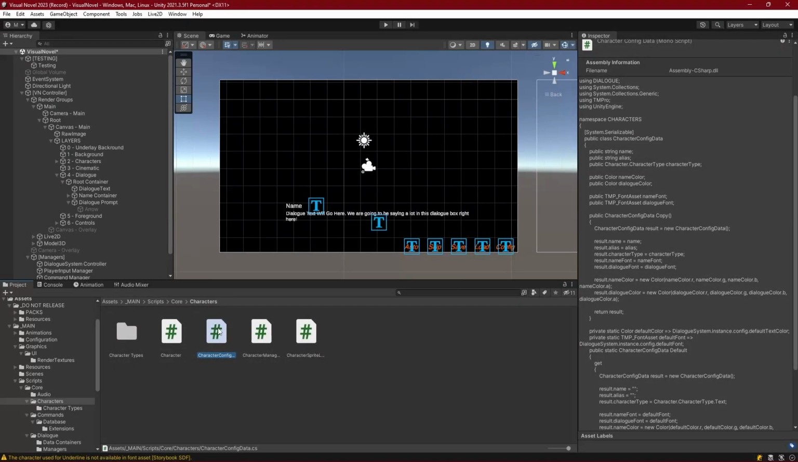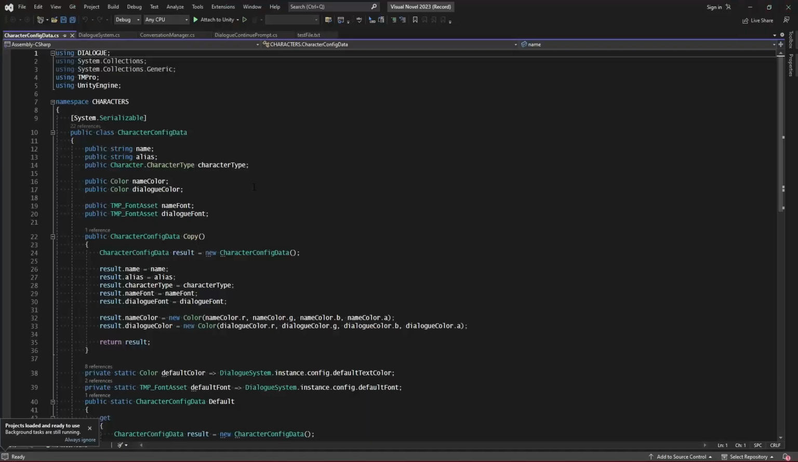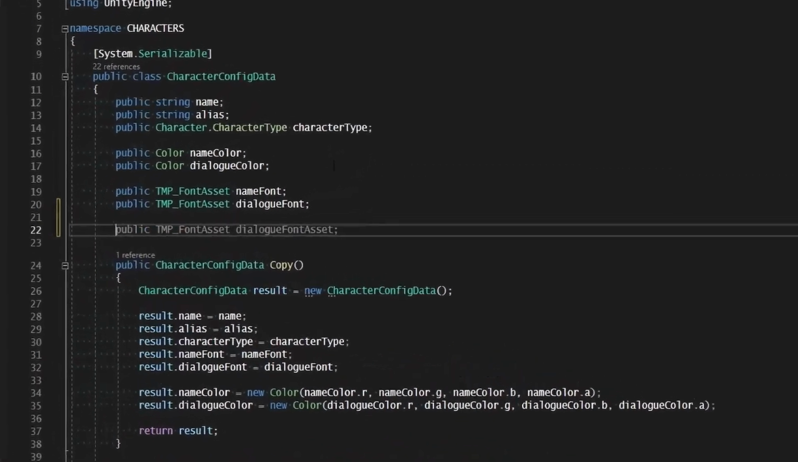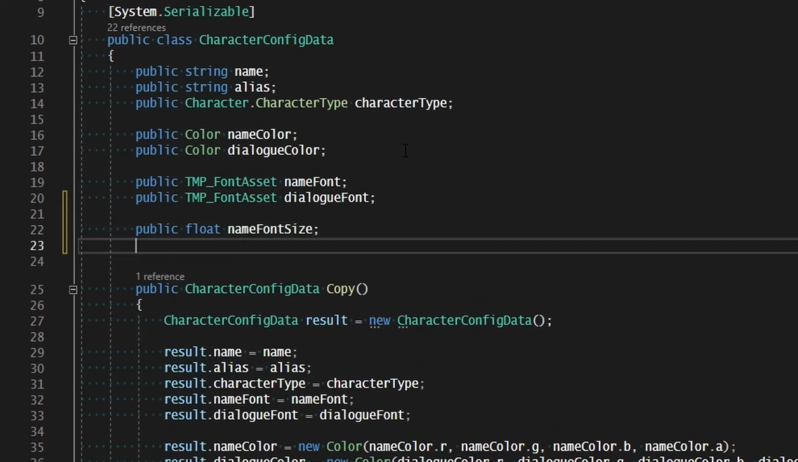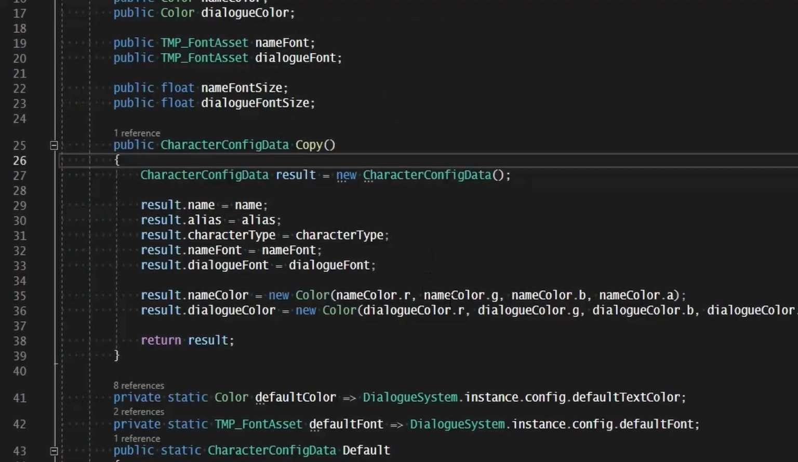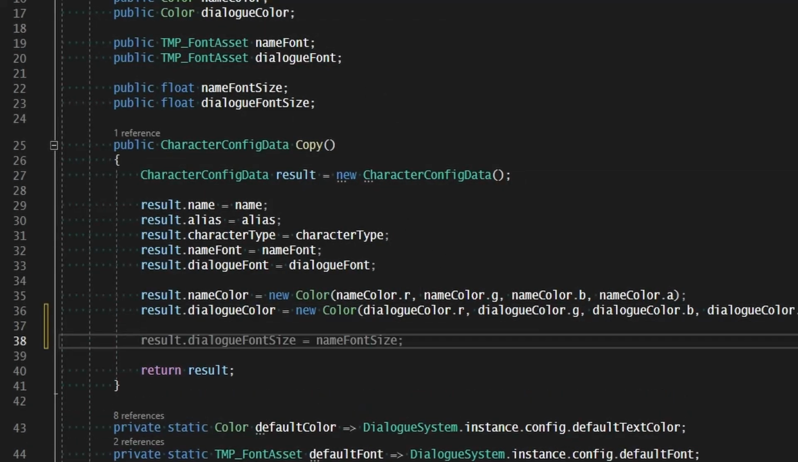So let's open up the character config data. In here, we've got the name and all these customizations. So let's go ahead and add a public float for the dialogue size. So we'll make the font size. And maybe we could do this for the name font, as well as the public float for the dialogue font size. Okay, and of course when we create a copy, we need to make sure that we save the copy